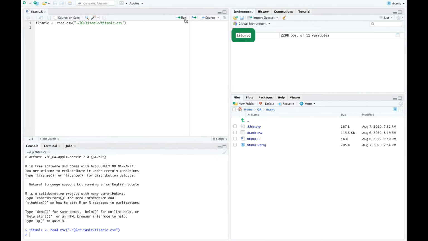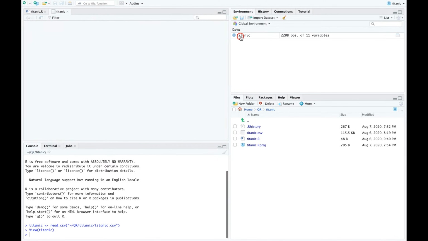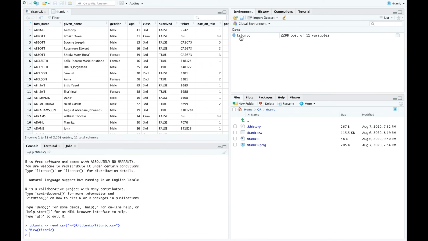Let's click on the variable name Titanic in the Environment tab to view the data frame as a spreadsheet. So far, so good, but looking through an entire spreadsheet is usually a very inefficient way to answer questions about a data frame. For example, one of our first objectives when working with a data frame is to quickly find out how many data points there are. That is, how many rows and columns are we dealing with? We don't need to scroll through the entire spreadsheet to answer this question.